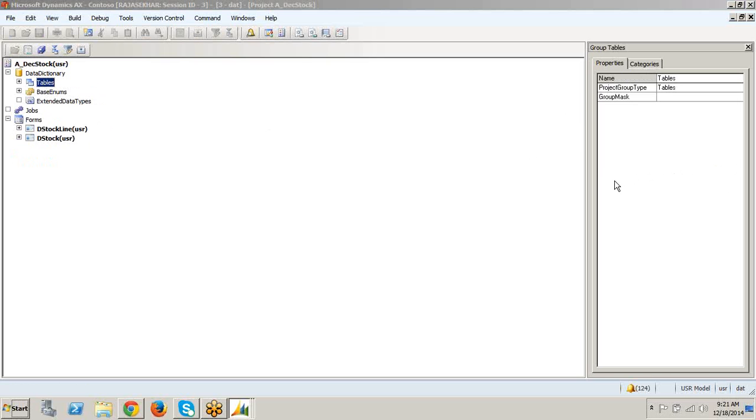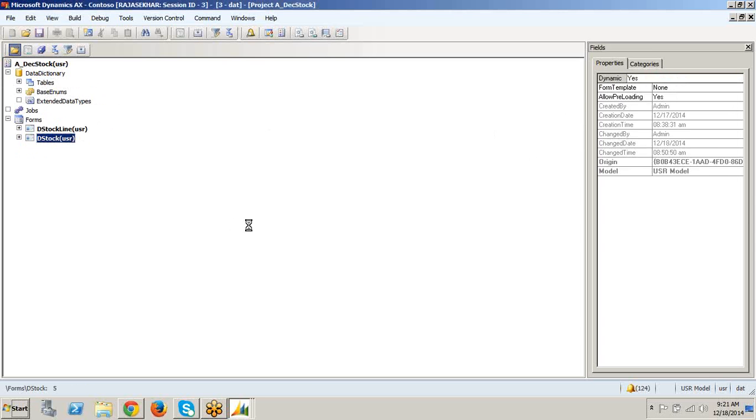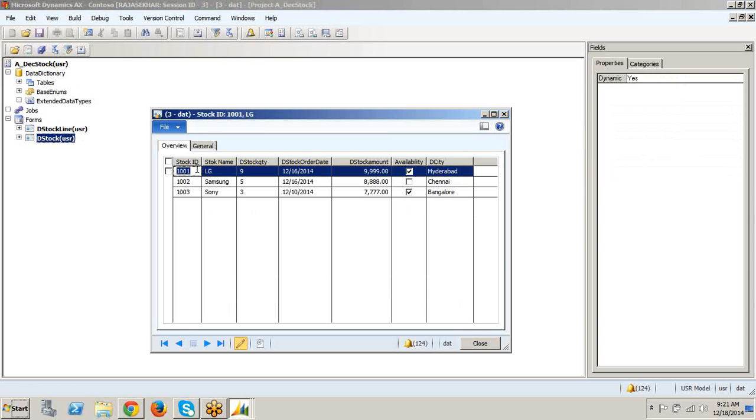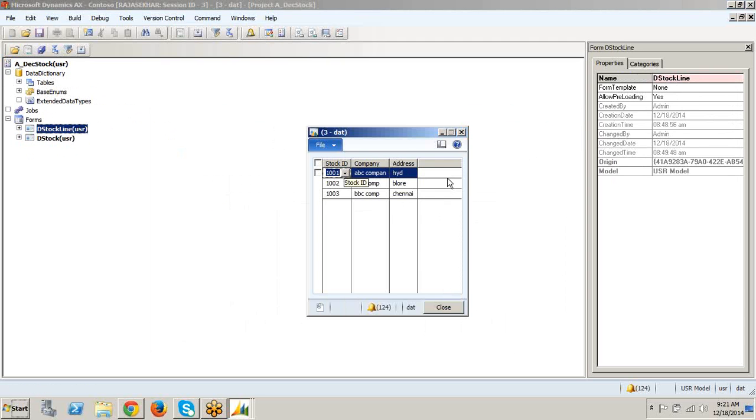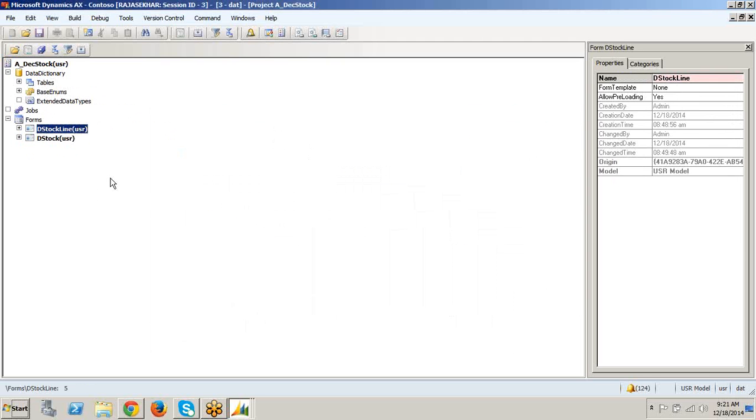Any questions, Rajesh, Srinivas? No, I don't have any questions. I'm good. So this is how we create the label file IDs for each and every field, so that the label file IDs can be reusable in the other forms also. Here itself I showed you the stock line ID also, we can create a stock ID which is a reusable label of the stock ID.